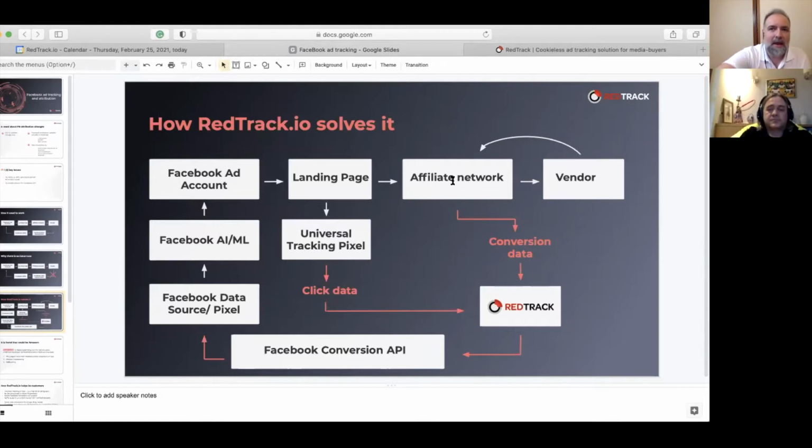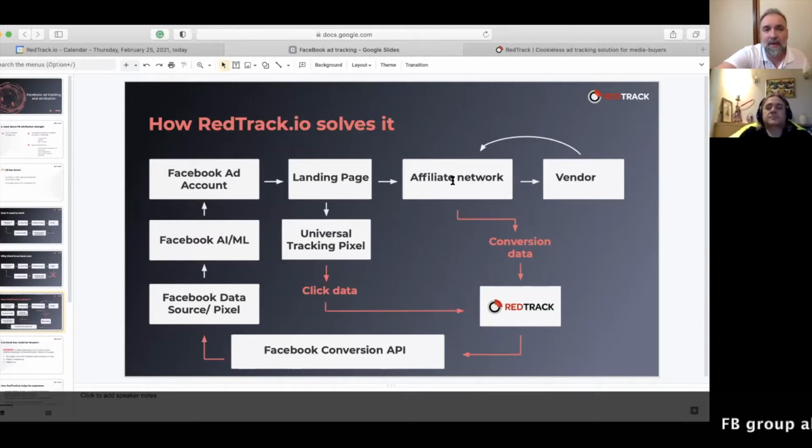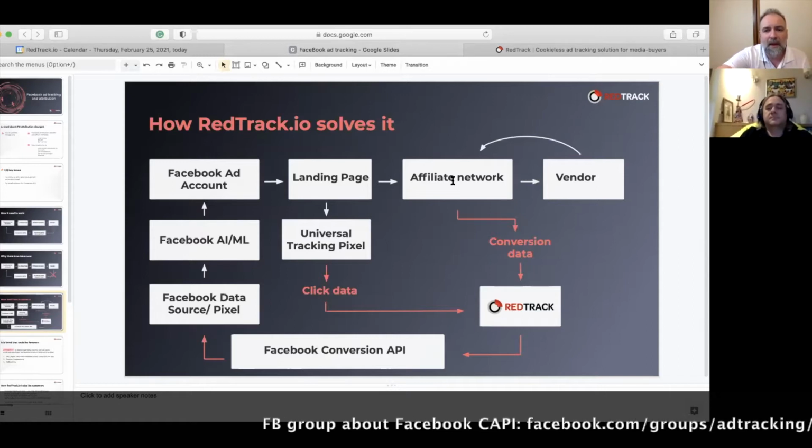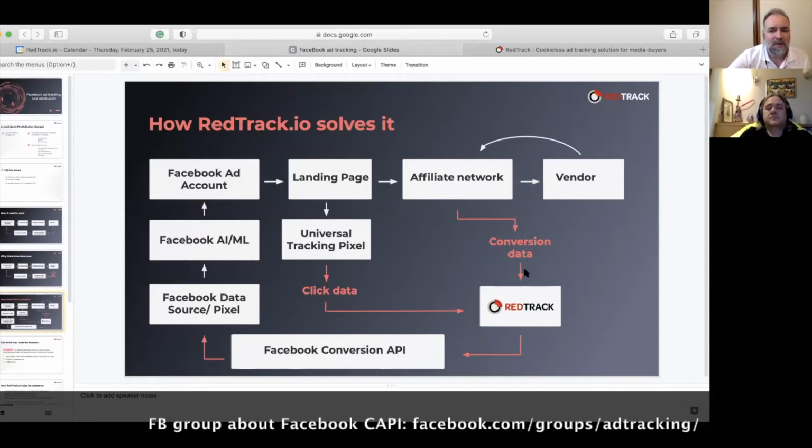Using regular S2S postbacks, or more advanced options like S2S postback for ClickBank, or updating conversions manually via API for CJ, or good old postbacks for Digistore, Max Bounty or DFO Global, we get all the conversion data.